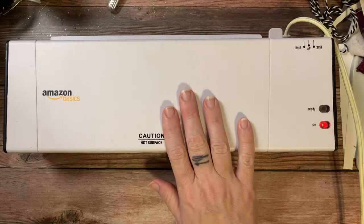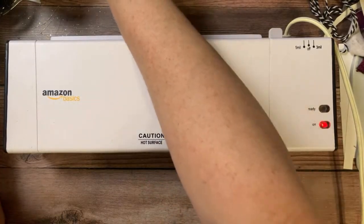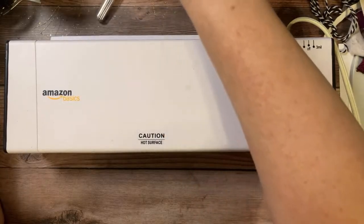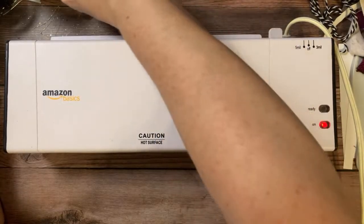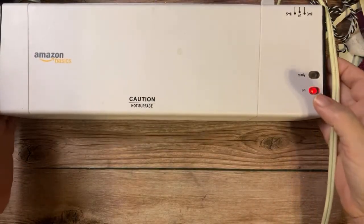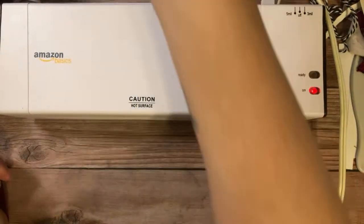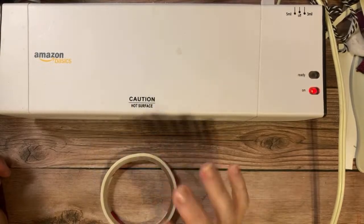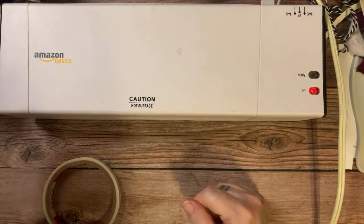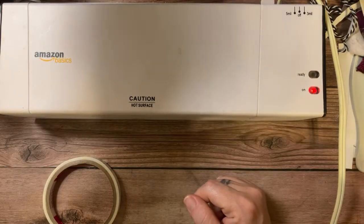While this is heating up, I am going to grab some things and move this stuff out of the way, like so. We will grab some double-sided tape. Y'all have all seen me use that before, though. There's nothing new there as far as foiling. Also,